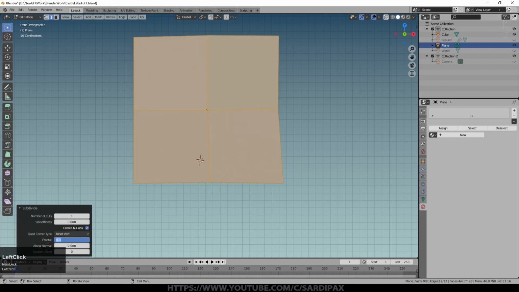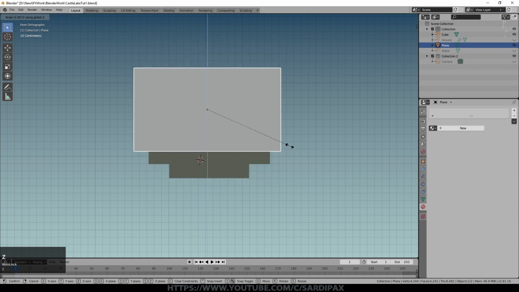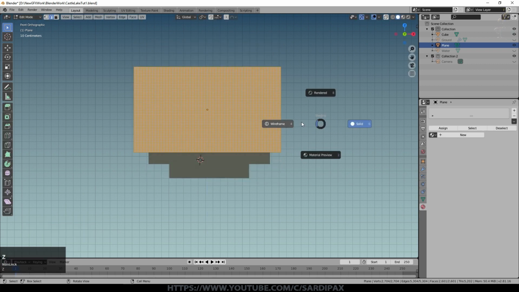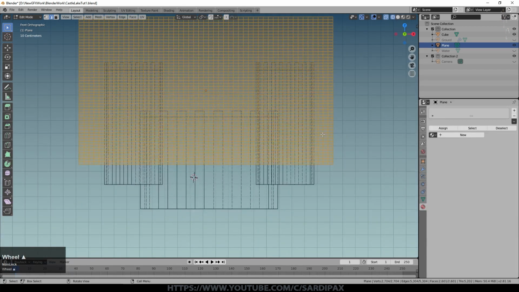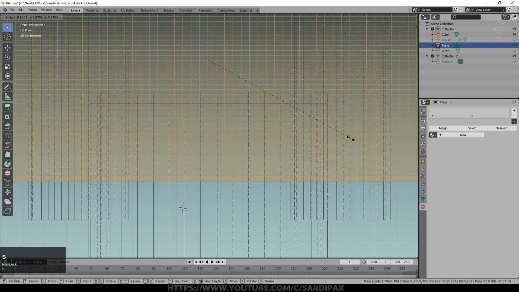I don't need any fractal for this one, although that might be interesting. And we'll put the number of cuts up, so those blocks wouldn't be big enough. So let's go to 50 and see what that's looking like. Also, I want them stretched on the x-axis. So that's somewhere around what I would want. So we'll scale this on the z-axis like that. If I go to wireframe mode, you can see how that maps to the castle. That's not bad. Maybe scale it down slightly.